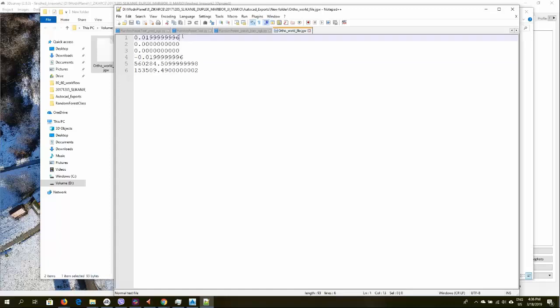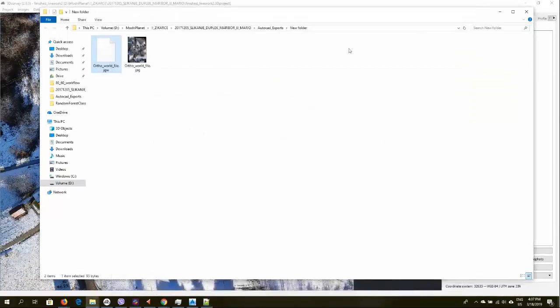This is actually size in easting. These two values are for rotation and for skew, and size in northing. This one is always negative. And then we have the coordinates of the upper left corner. Okay. Now, if we have Civil 3D or